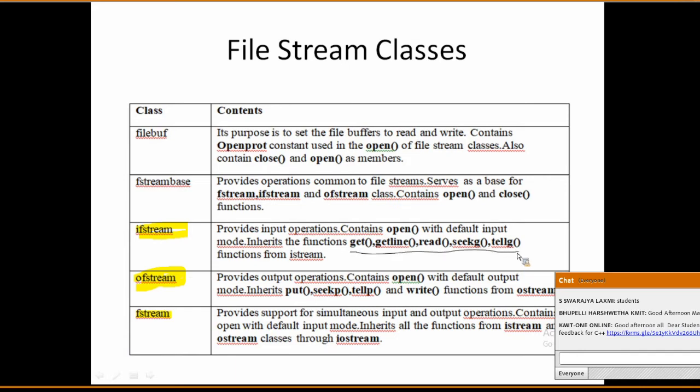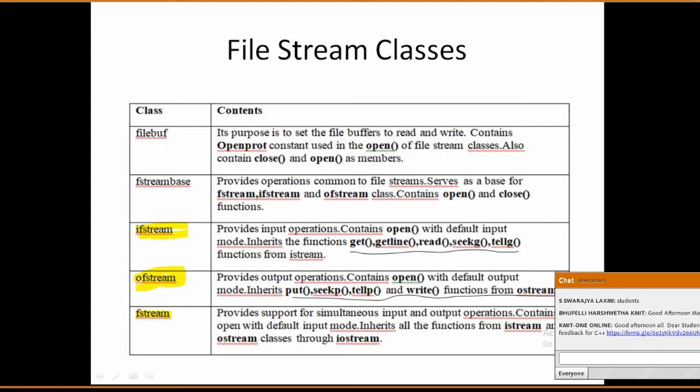These are the functions we have for the input file stream. Then ofstream is for providing output operations, and it contains functions called put, seekp, tellp, and write from the ostream.